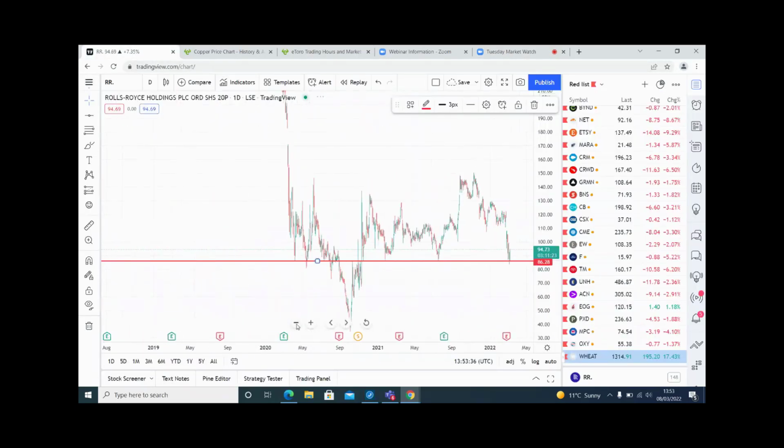And the answer to this is probably no. The market's in a bear market at the minute. Do I expect Rolls-Royce to turn around now because it's hit that level? Absolutely not. It may have a small bounce, but I expect it to drop lower. So would I be jumping into Rolls-Royce at that particular point as an underlying asset buy? Not looking at that graph, no. Not looking at the market sentiment.